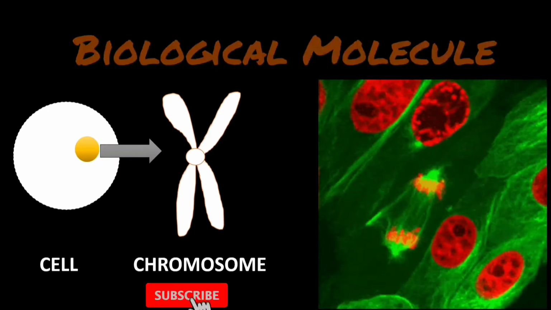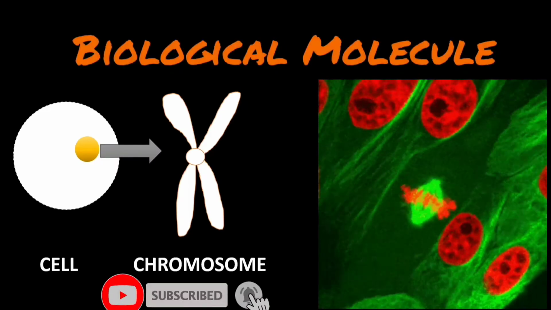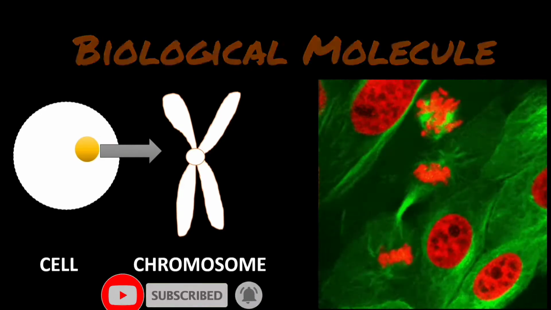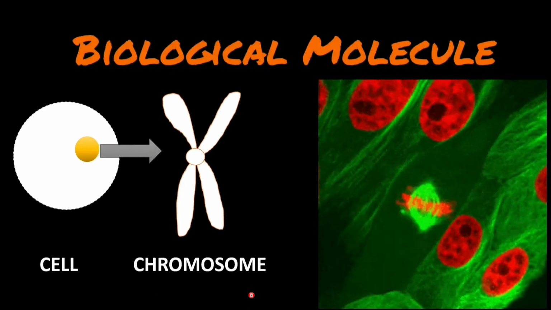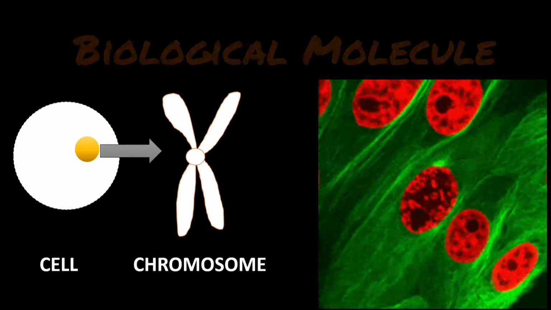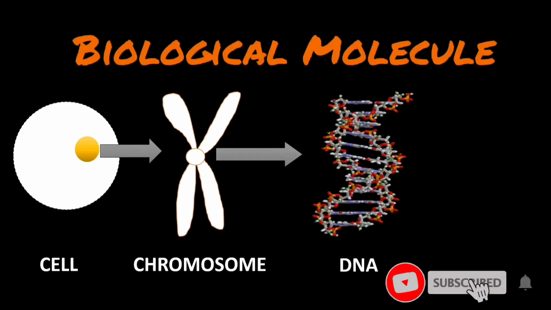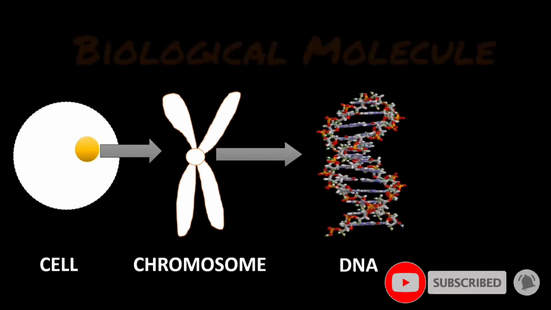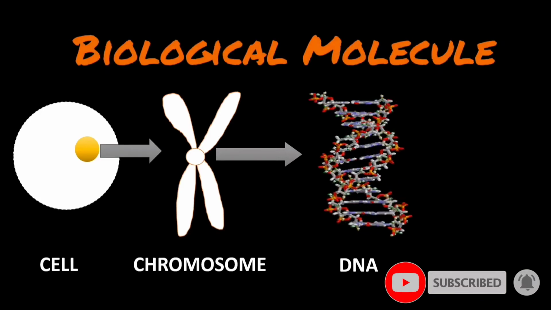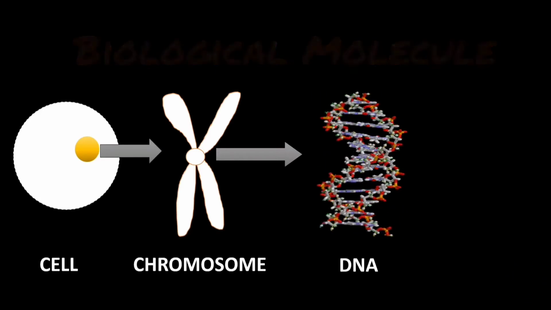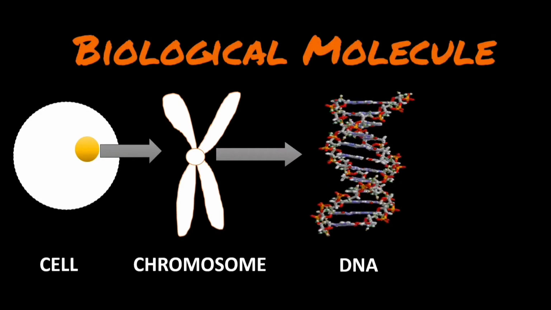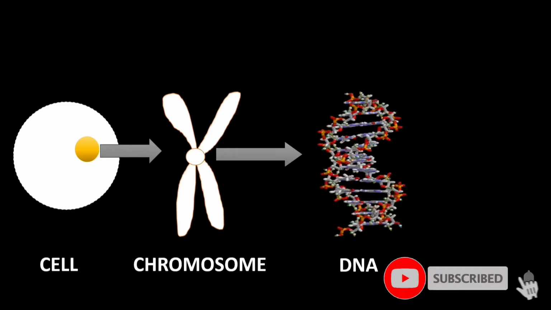For example, in a human cell, there are 46 chromosomes, or 23 pairs of chromosomes. These chromosomes are visible under a light microscope. When you unwind the chromosome, the structure of DNA is visible. DNA is a short form of deoxyribonucleic acid. The nucleic acid is the genetic material which determines the makeup of all cells.